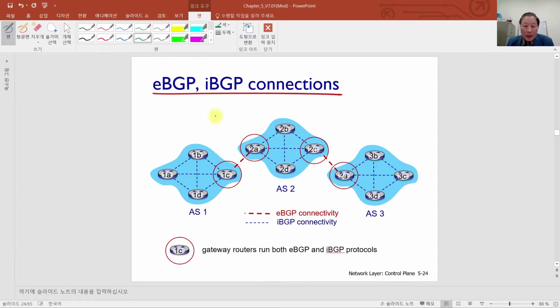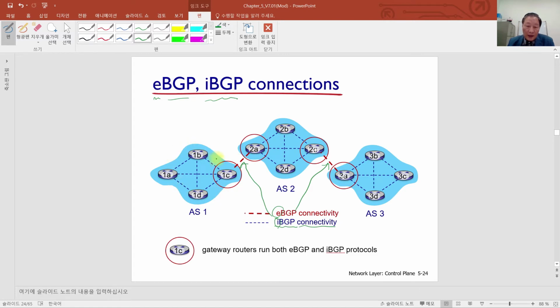Okay, this one explains the eBGP protocol and iBGP protocol. In the previous slide we learned the BGP protocol. There are two kinds. One is external BGP, another one is internal BGP. And here, the red one, this one is eBGP connectivity. This one, and also this one. Externally, this protocol is being used. In that case, this is eBGP. And that BGP information is being used internally also, then that is iBGP, internal,